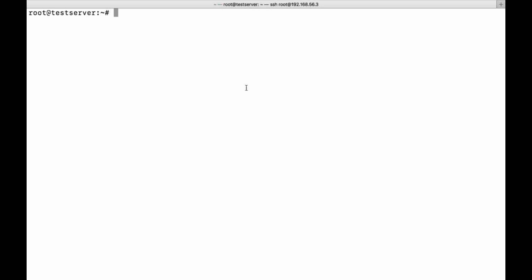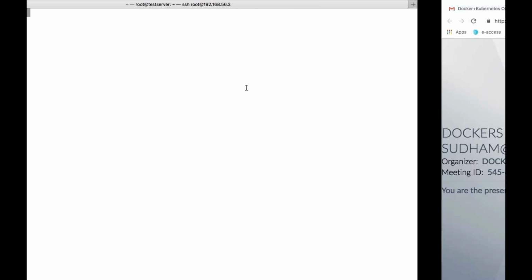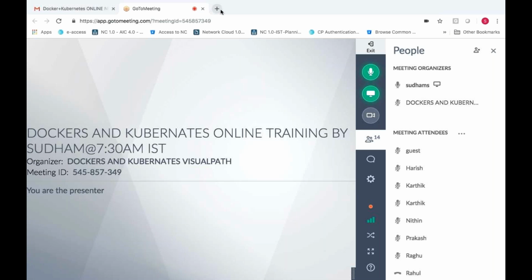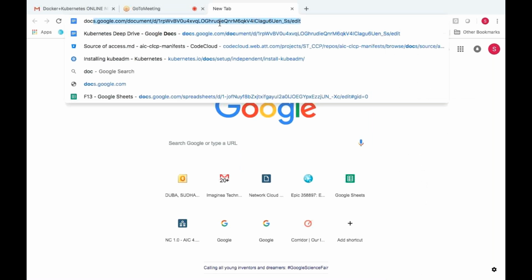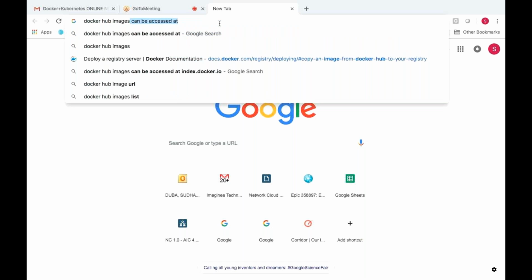So now let's try to pull the images. How will you pull images? Where have the images been stored? By default, all the images are stored in Docker Hub. So Docker Hub will have the images, and from there we are trying to pull.